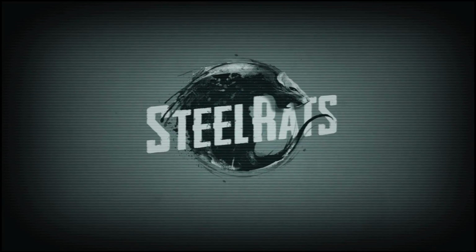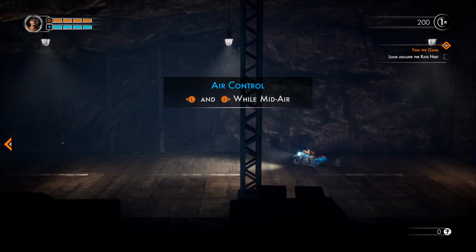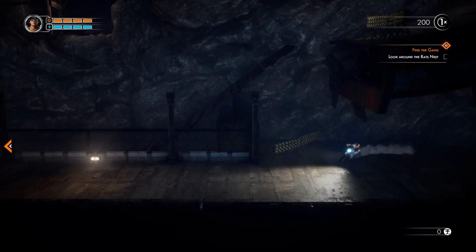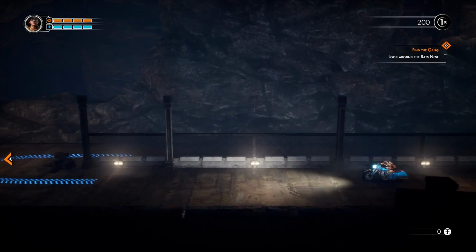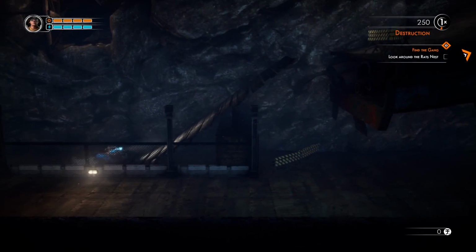Steel Rats is a 2.5D action platformer with motorcycles. Levels are laid out left to right with a side-scrolling camera. You can move into and out of the screen a bit, which is necessary to avoid obstacles, take different paths, or take out enemies. You have a dedicated button to change your direction from left to right, or vice versa,